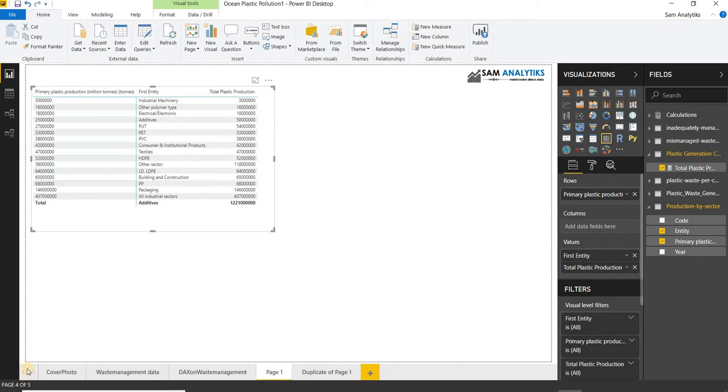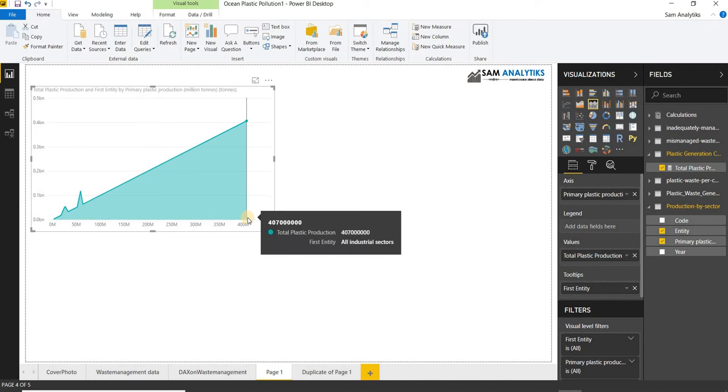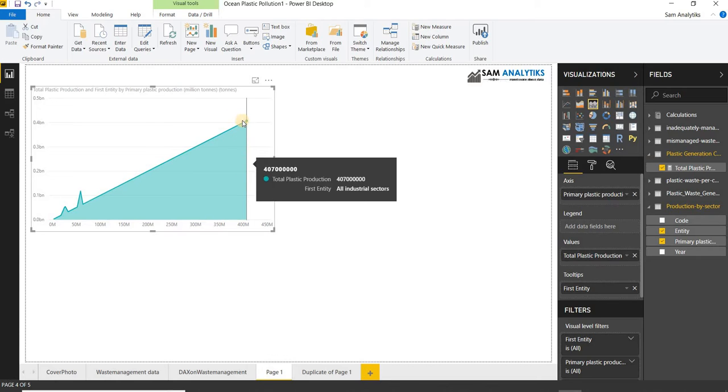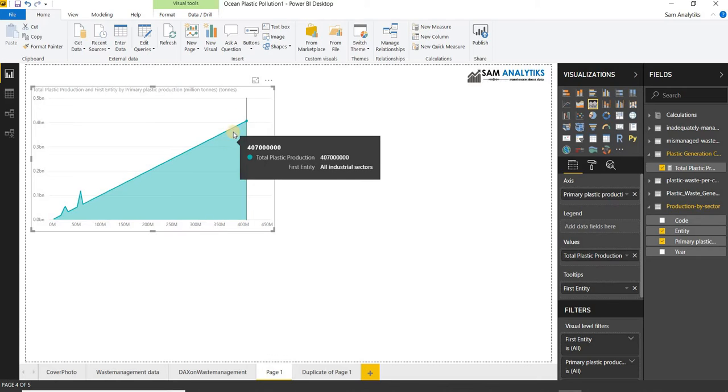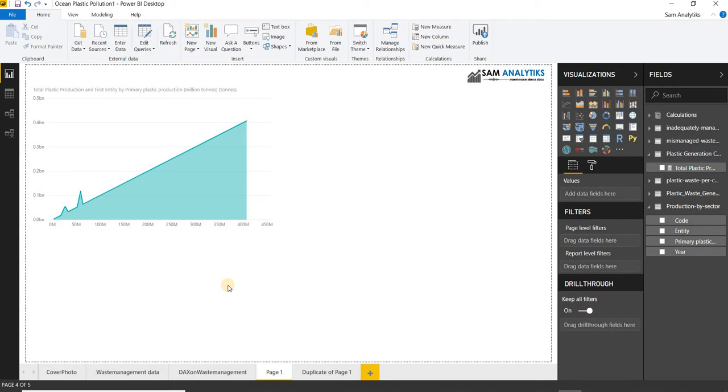So this is quite a mess, and I can check it through the stacked area chart, and in here you can see that the maximum rise is happening at 400 million in the industrial sectors. That means the industrial sector has to check their plastic production and the nuisances that they are creating inside the oceans.